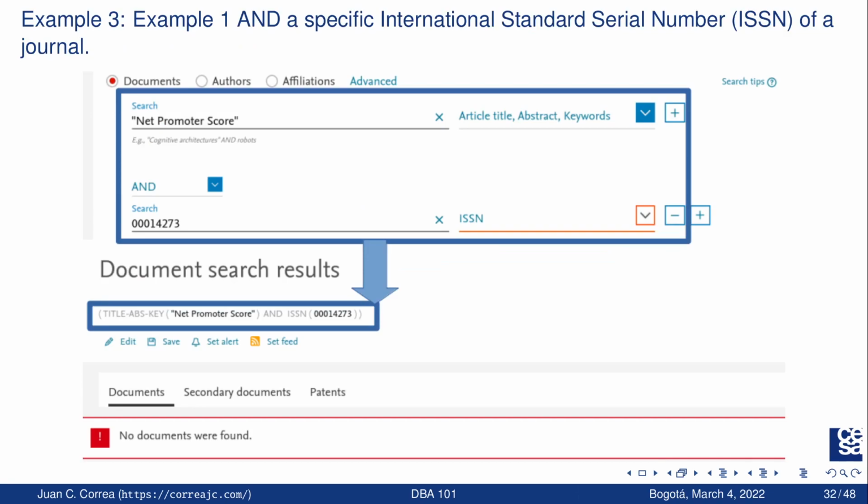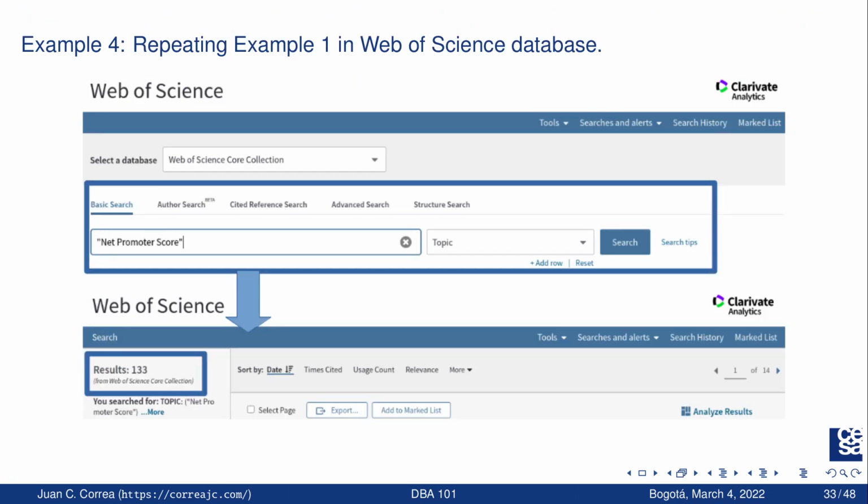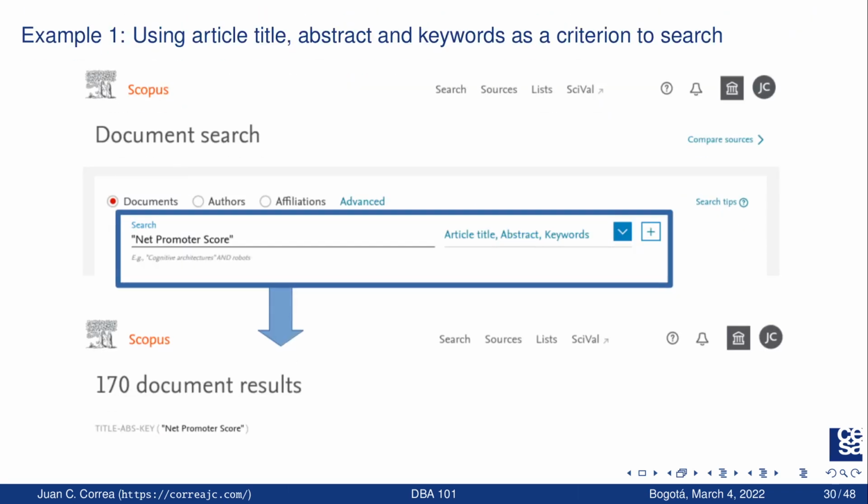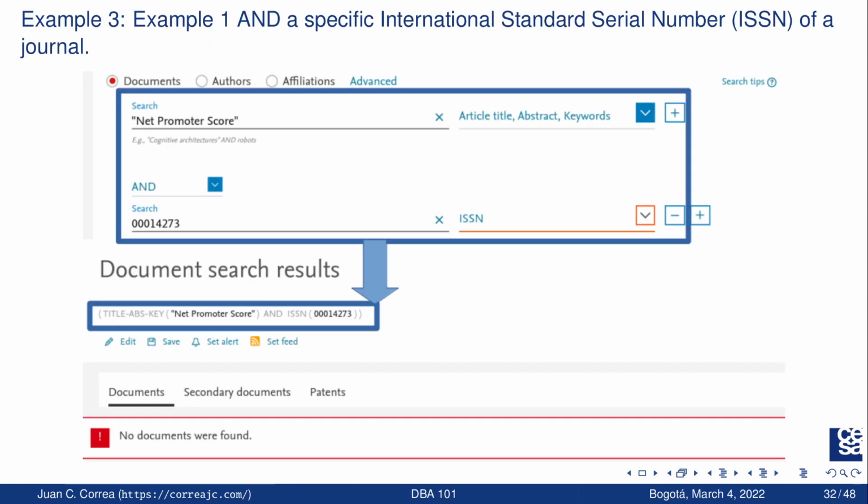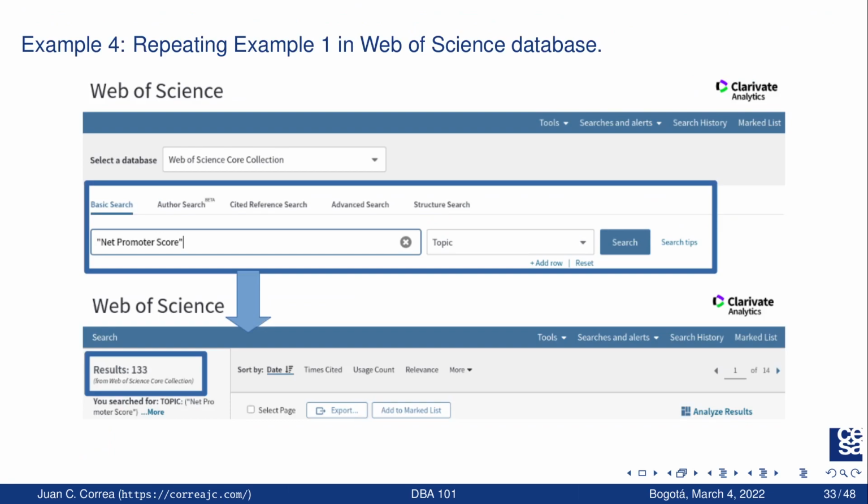Here I have another example, which is based on Web of Science, another source of data equivalent to Scopus. Once again, I put Net Promoter Score, and I got 133. So you might be wondering why, if example 4 is exactly the same as example 1, in Scopus I got 170 documents, but in Web of Science I got 133.